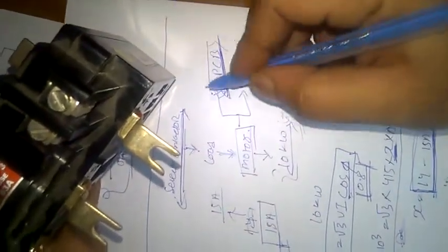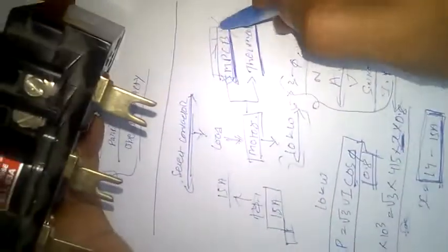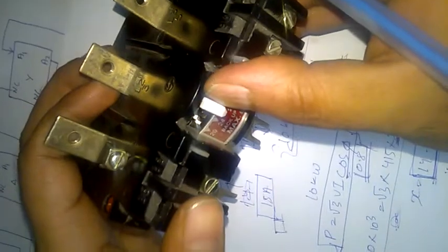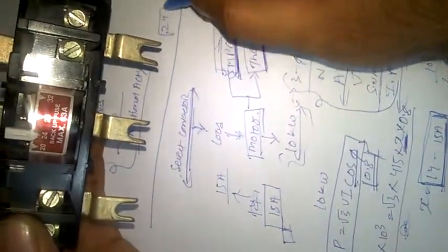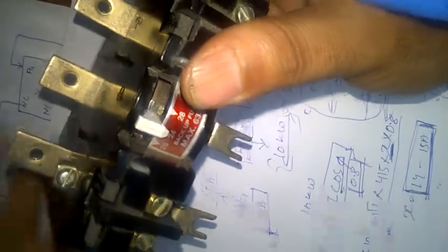Same as that, an MPCB will have a setting range. It too will act like a thermal kind of breaker. Removing this, we will talk about the thermal relay. So if I set 24 amps, that means for 24 amps, for this kind of motor current, we can use this thermal relay. Okay, that's it. That is how we select a contactor depending upon the load, with the formula I have said.